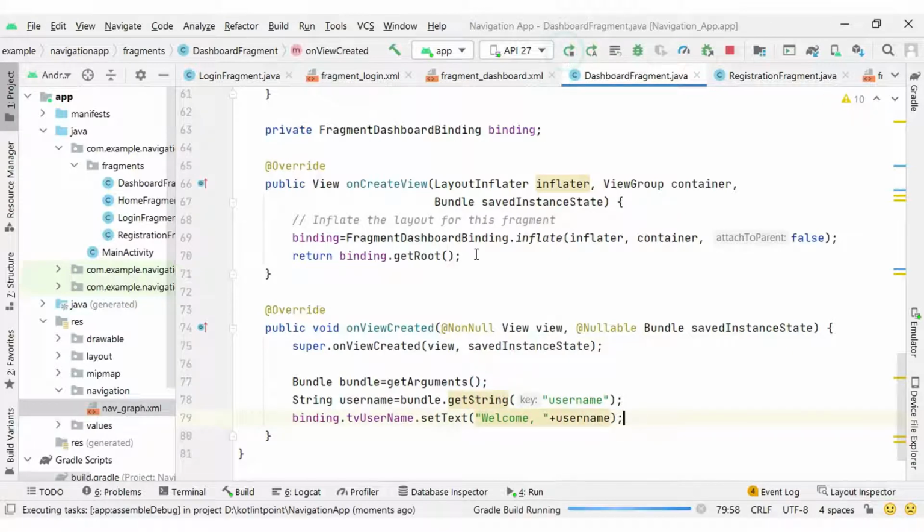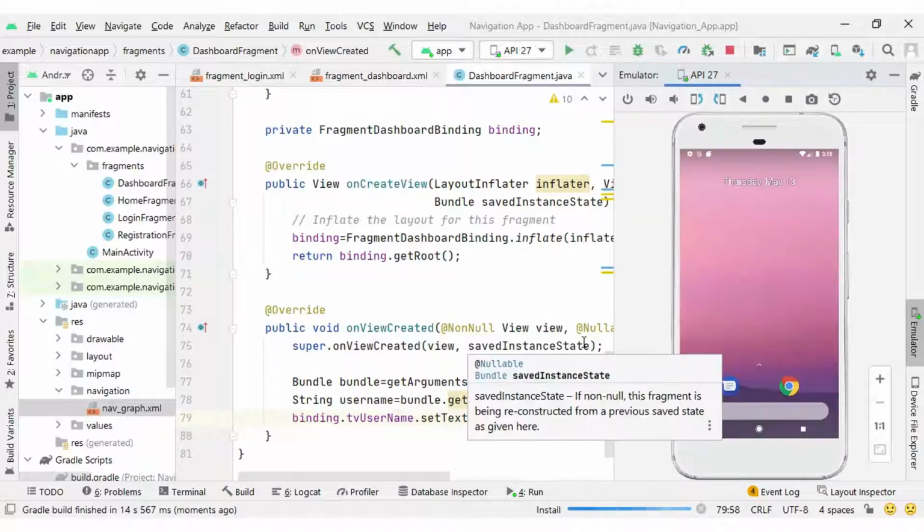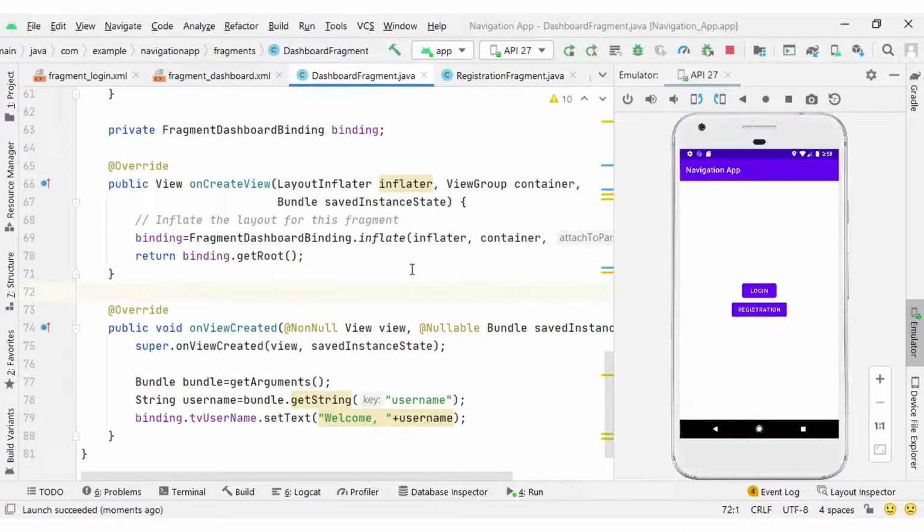Okay, so let's check the output. First of all, we will see the home fragment, inside which we will have two options, login and registration. If I click on login, then it will display the login fragment first. So let's check the output, so it will be better for you to understand. Okay guys, so here is our home fragment.